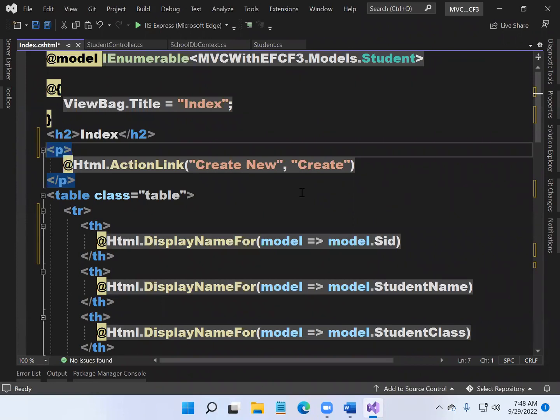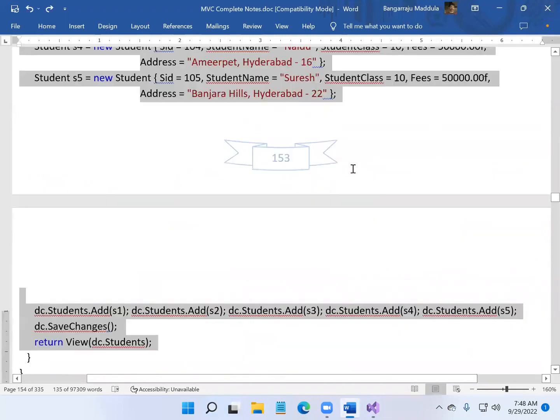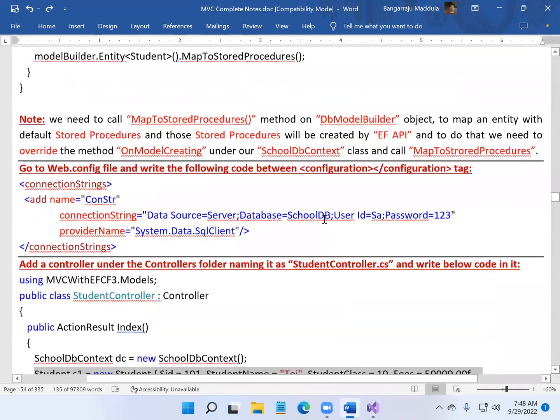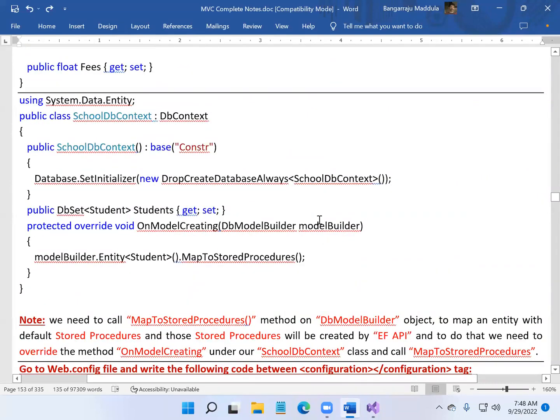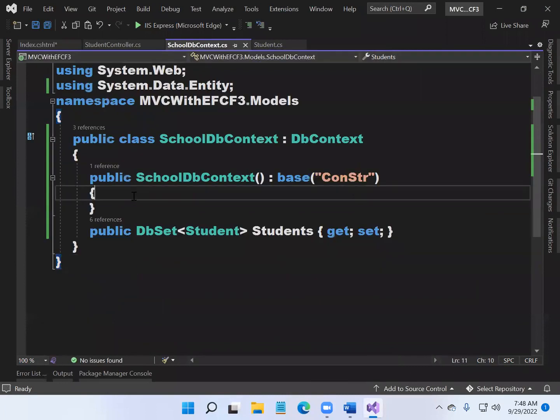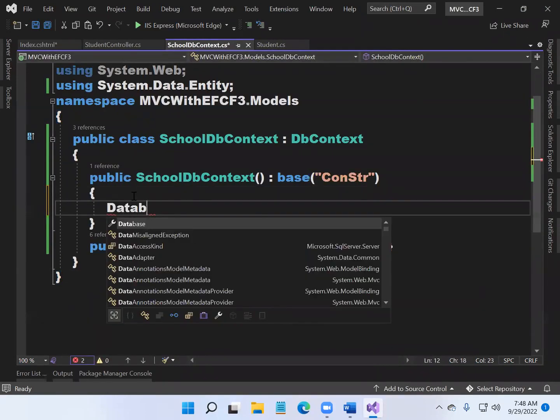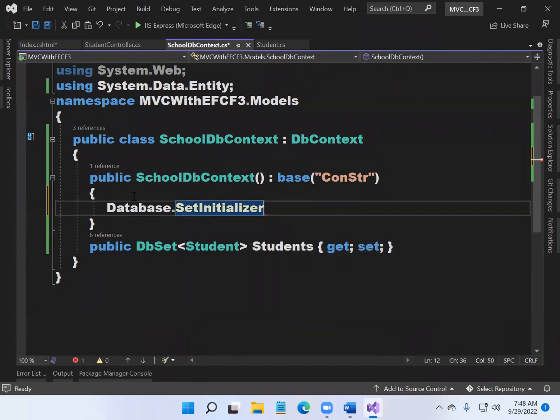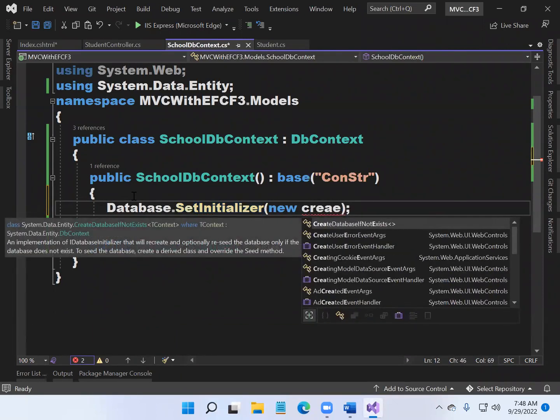If you want to create the stored procedures also, what you require to do is, you're required to tell the Entity Framework, please create me the stored procedures also. How should I tell? Go to the school DB context. Guys, I'm using Database.SetInitializer. What initializer? Let's go for new CreateDatabase